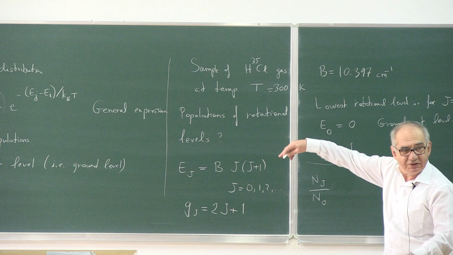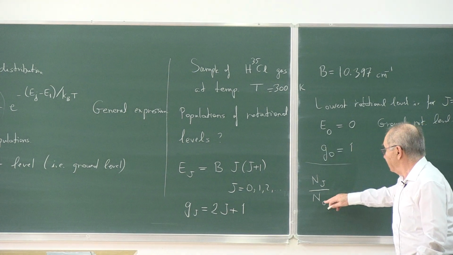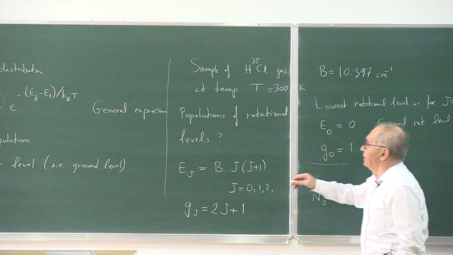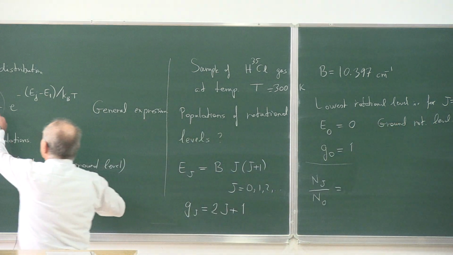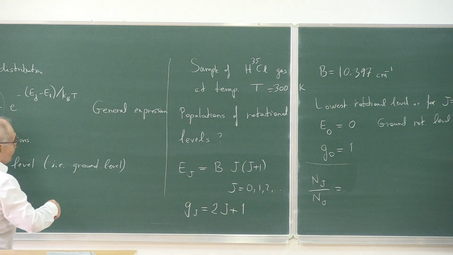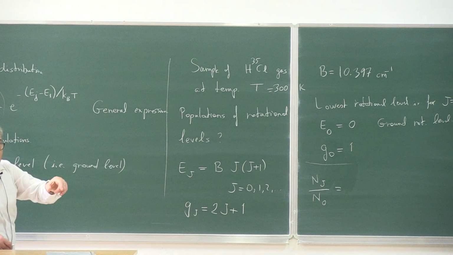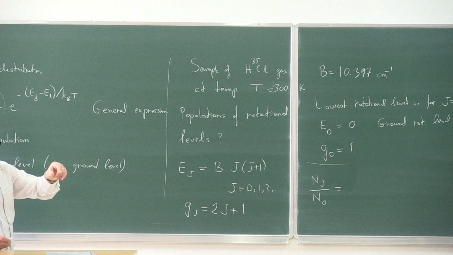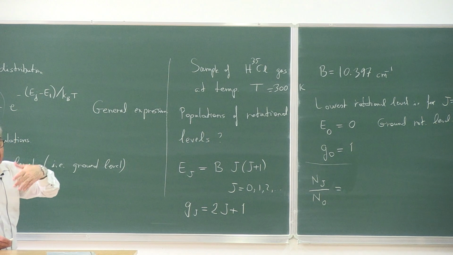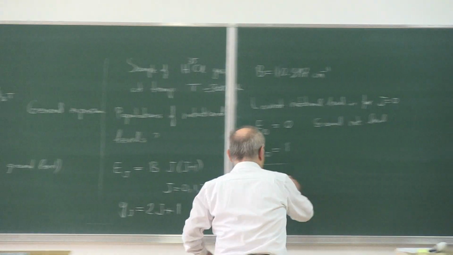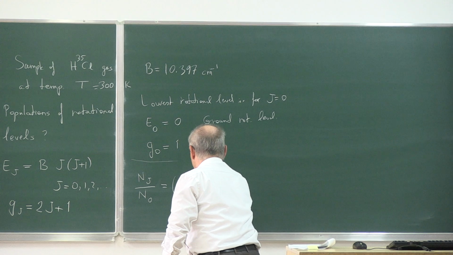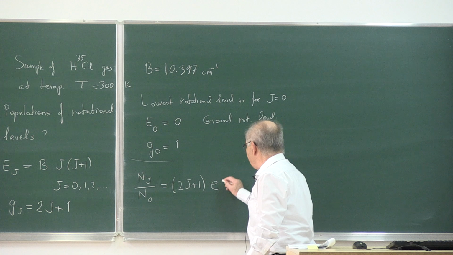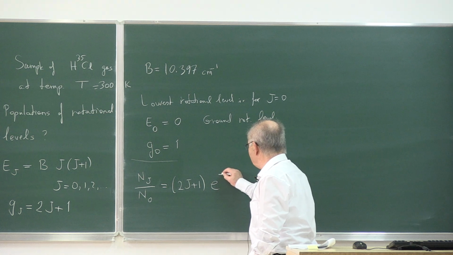Note the change in the index. This is equal to the degeneracy of the jth level divided by the degeneracy of the ground level. But the degeneracy of the ground level for the rotational energies is 1, non-degenerate. So here we have 2 times J plus 1 divided by 1 times e to the minus